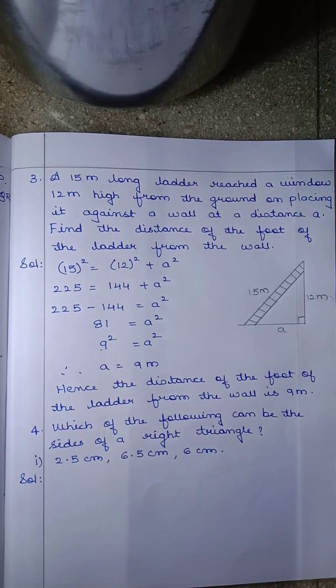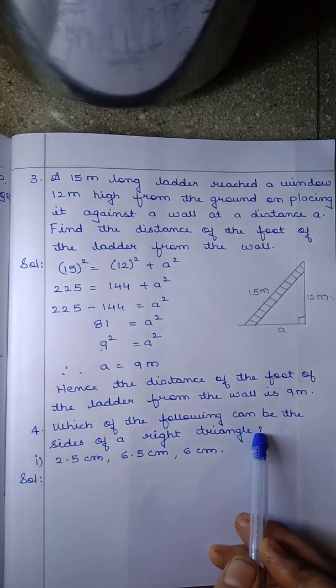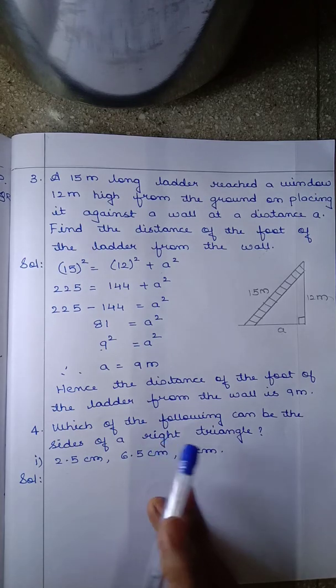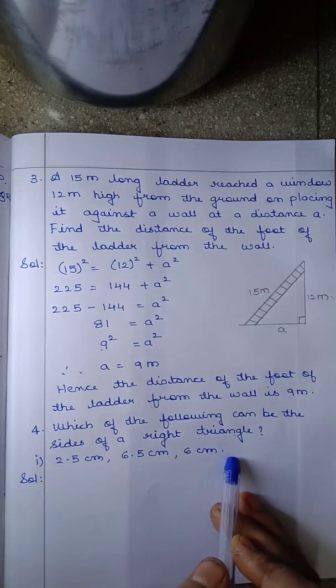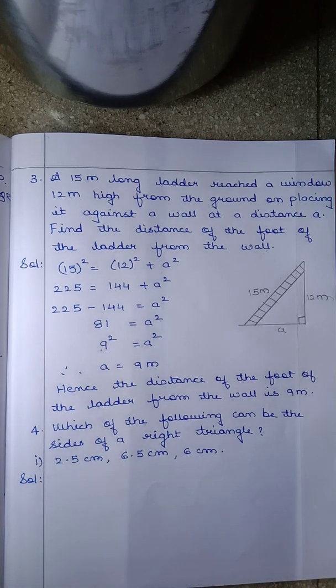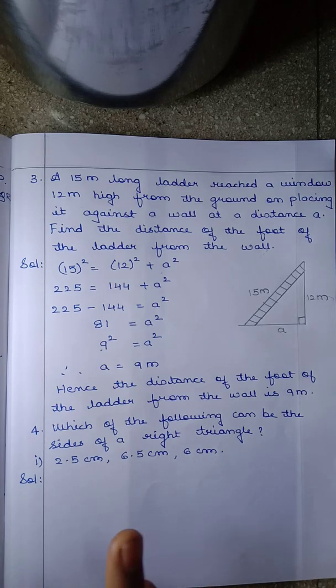Now, children, let's see the fourth question. The fourth question is, which of the following can be the sides of a right triangle? Okay, and the question also continues as, in the case of right angle triangles, identify the right angles. Okay, so firstly, measurements are given. You have to find which of the following can be the sides of a right triangle. Okay, so I had told in the video also. So to find out whether it is a right triangle or not, you have to find the square of all these three sides. Okay, and if sum of squares of any two sides is equal to the square of the third side, then it will be a right angle triangle.